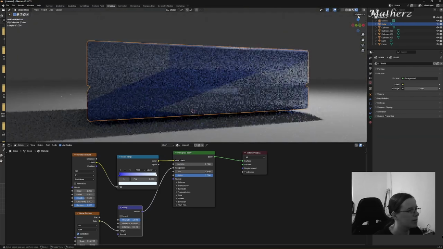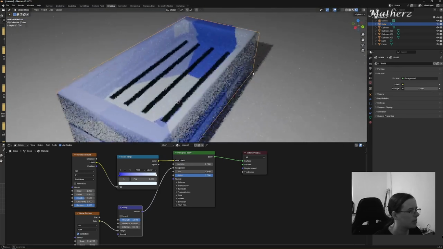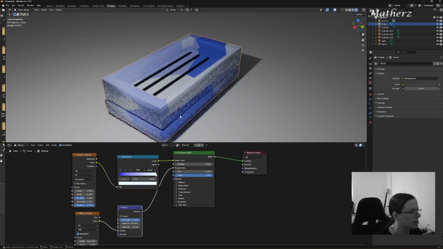So when we render this, we now have this nice little plastic bumpy